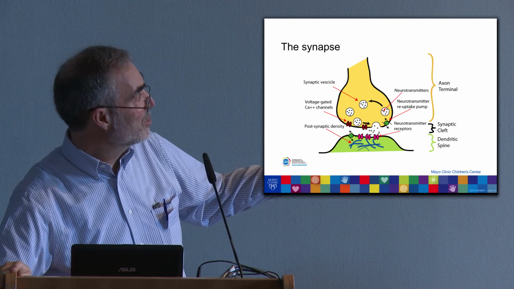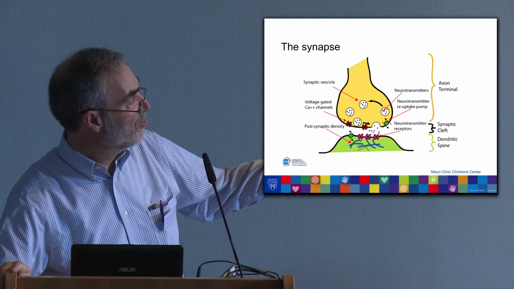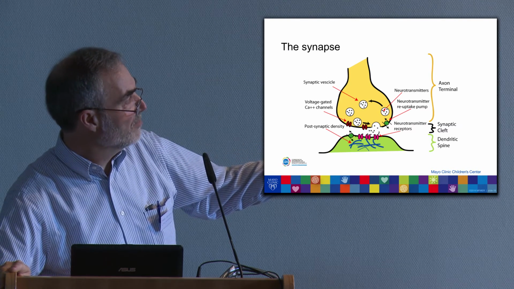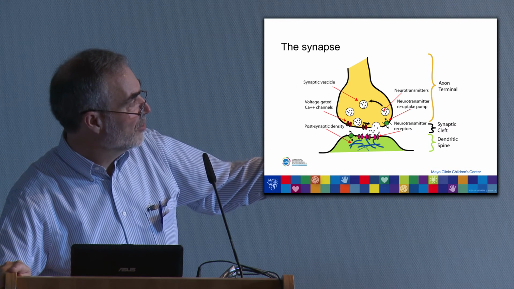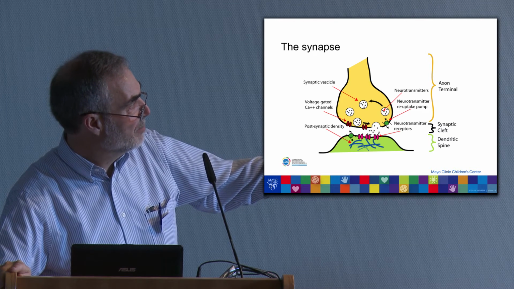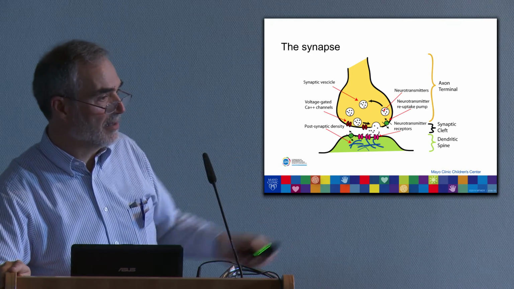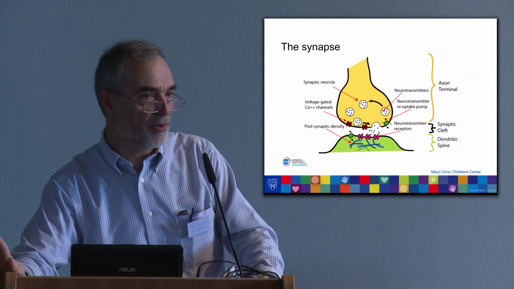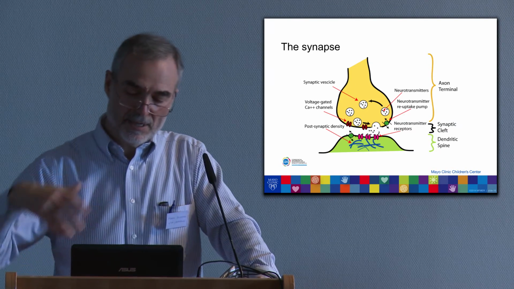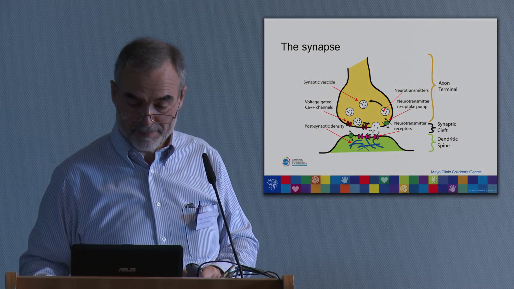But these are important because the neuron needs to manufacture neurotransmitters. It concentrates them in these little vesicles, which, when an electrical signal reaches the end of the nerve cell, cause release of the neurotransmitters. They have to be detected by receptors in the postsynaptic membrane. And as you can imagine, things can go wrong at every level here. And if they go wrong, it can produce a number of problems, including seizures, intellectual disability, weakness if it occurs at the gap between nerve cells and muscle, and so on.